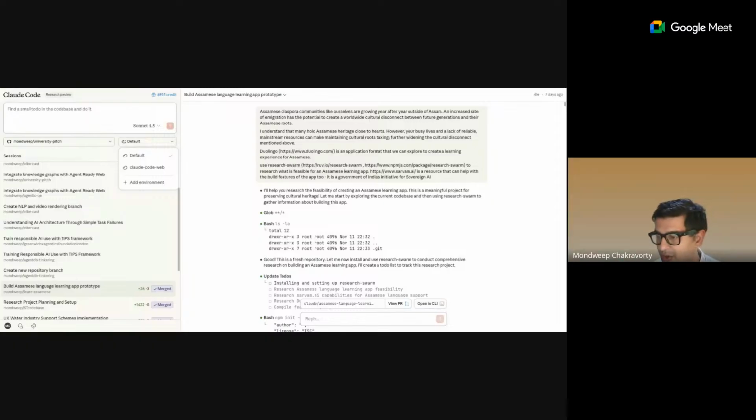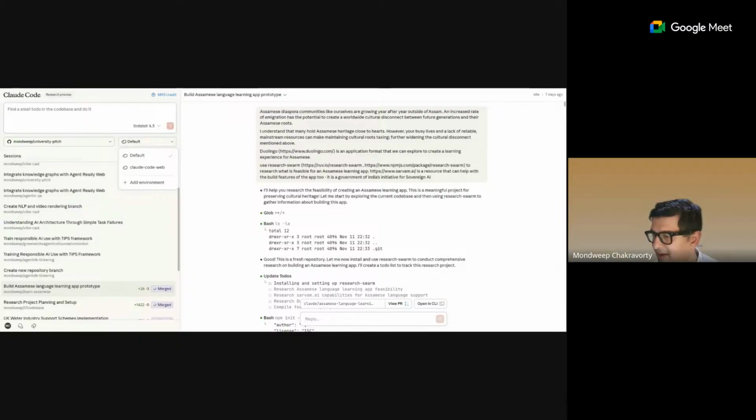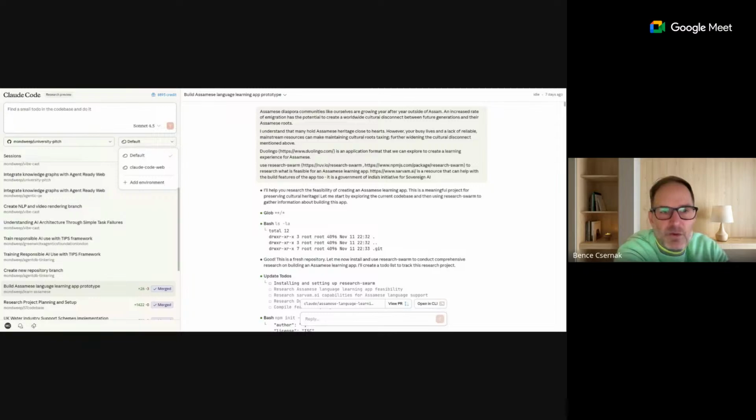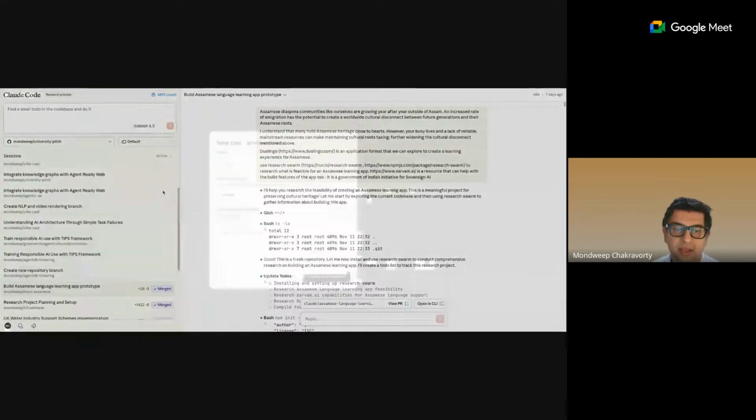Do you want to show? Somewhere in the environment settings. If you just create a new environment, maybe, and need a drop down. Okay, I'll do that. You mean this one? Yeah. Okay, I get it.